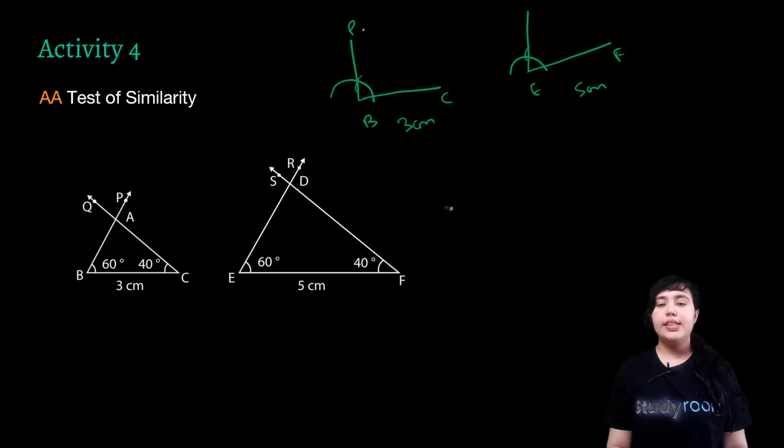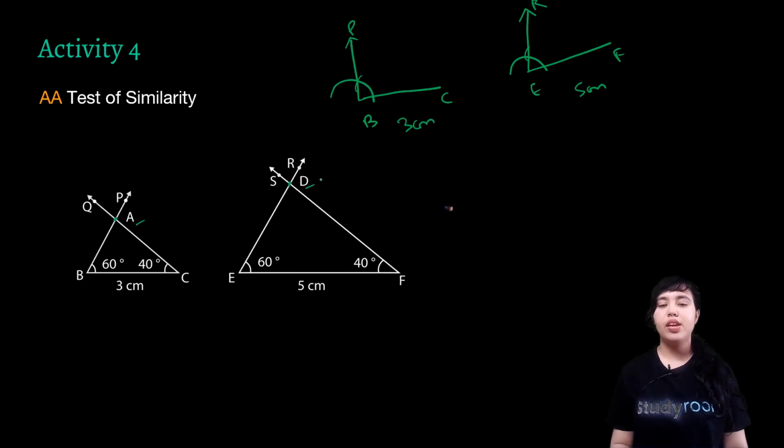Let's say it goes on till P and this goes on till R. Then I'm not sure if you know how to construct a 40-degree angle. In that case, you can make use of your protractor. So make an angle of 40 degrees at point C and point F respectively. Extend these lines to points Q and S, and the point of intersection of these lines can be called A